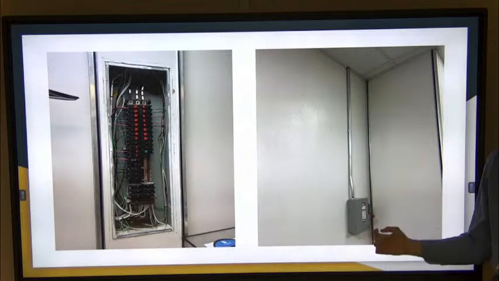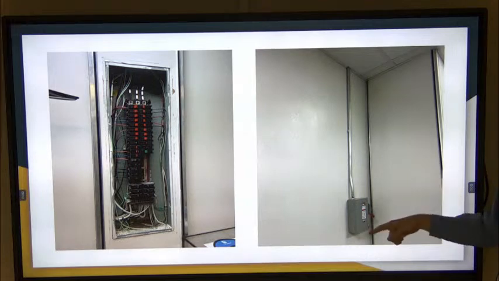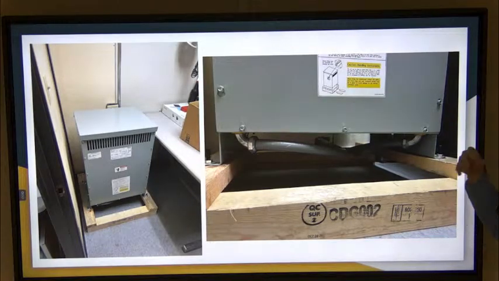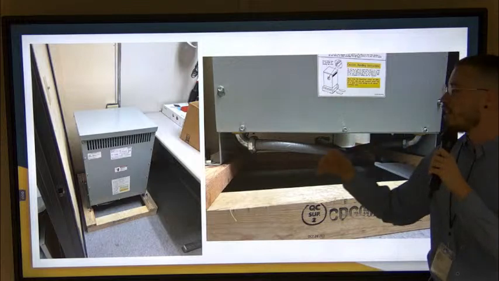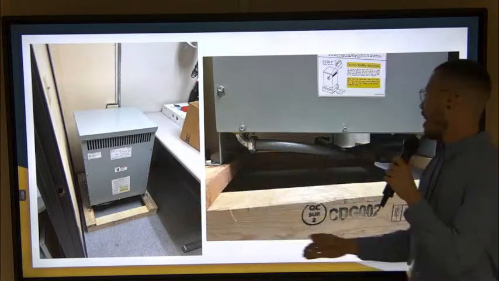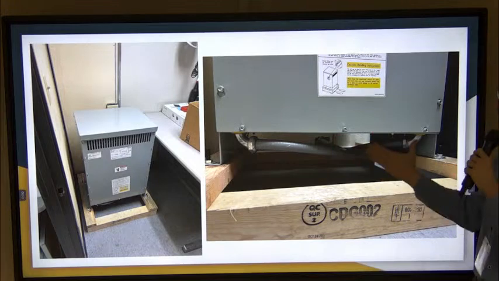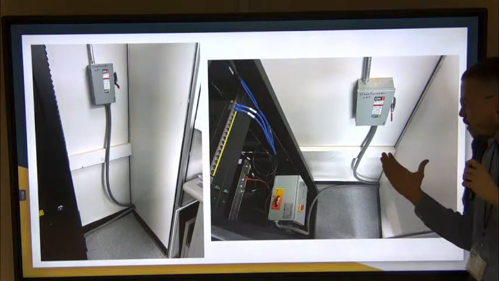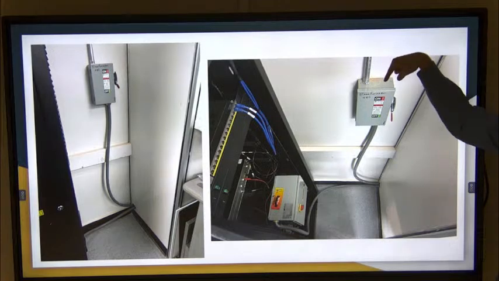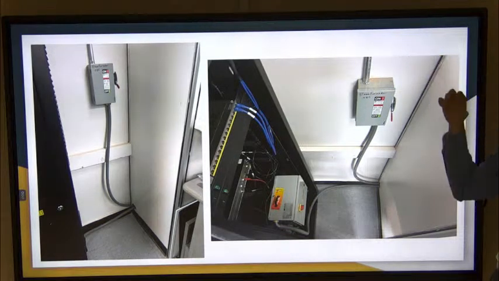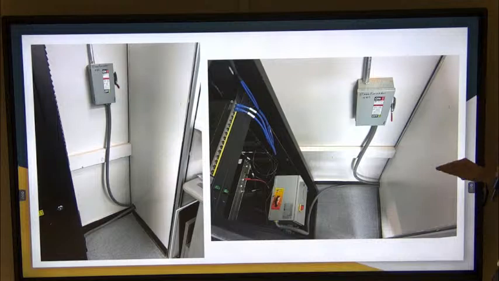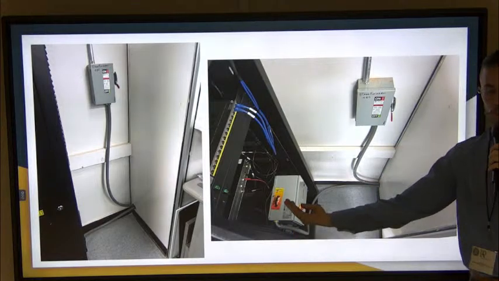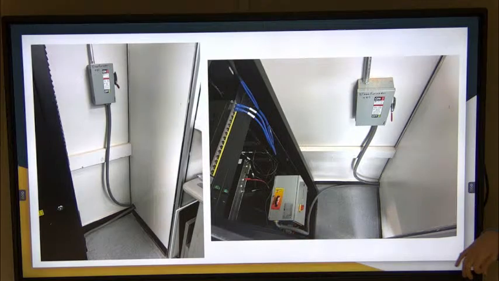This is the fuse disconnect. That had the handle. And this is the second day of implementation. The transformer is already installed, and here's the hole in the wall I mentioned, already installed permanently. You can go to the next slide. And this is how it goes from the fuse disconnect to the transformer, and then from the transformer directly to the OPAL. Literally no one can take that off now. So yeah,